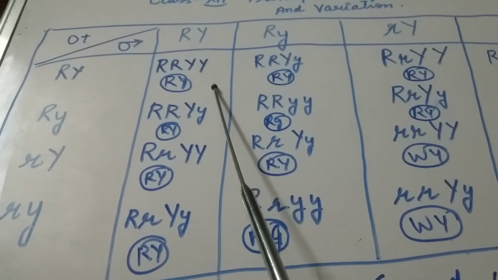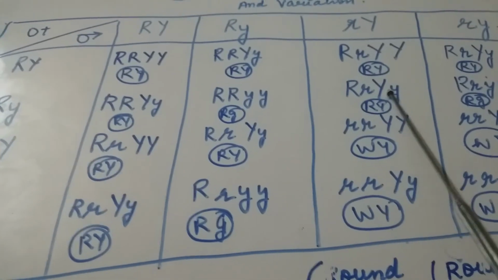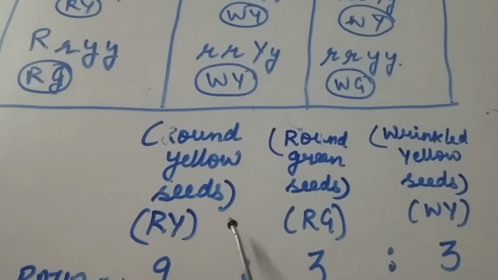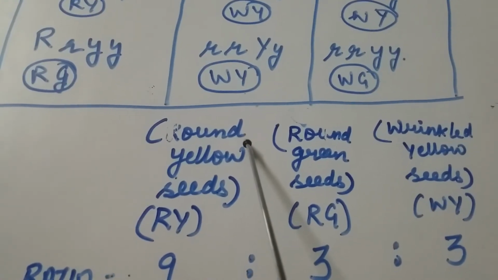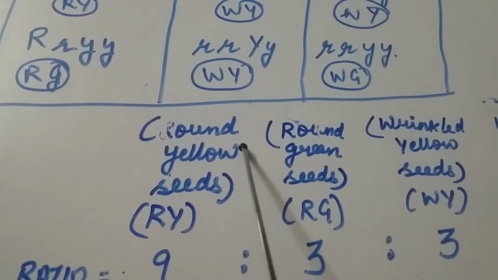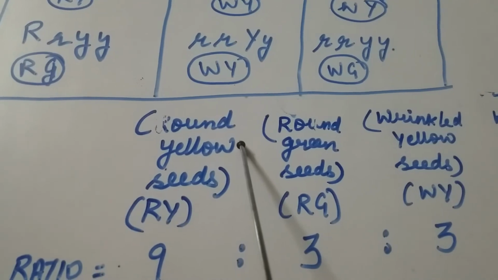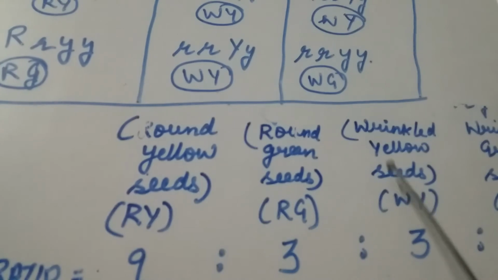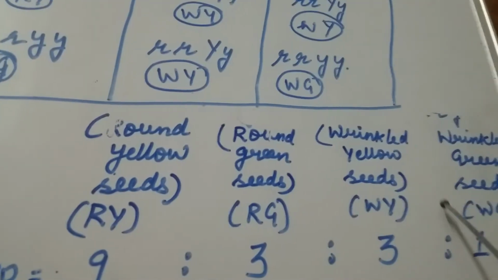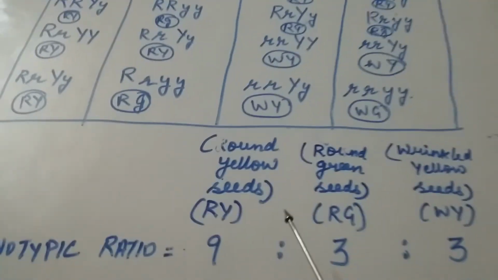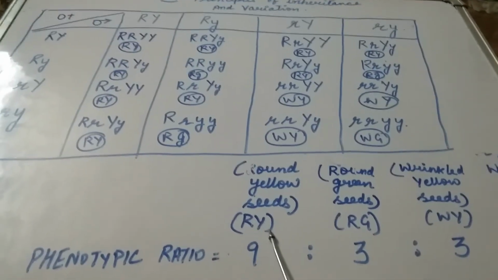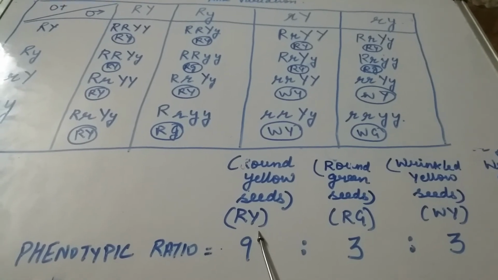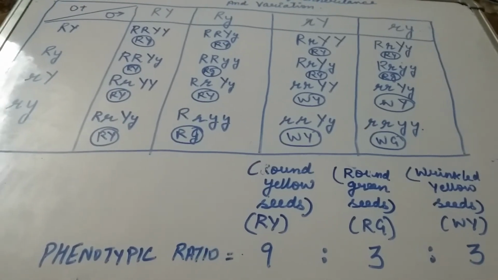Now we have made the gametes, and here is the phenotypic ratio which we are going to calculate. That is, we are going to calculate the number of combinations with round and yellow seeds, round and green seeds, wrinkled and yellow seeds and wrinkled with green seeds. We can find out that there are 9 which are having round and yellow seeds. That is